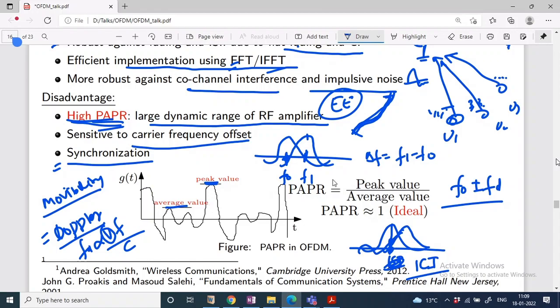In an OFDM system, to avoid this carrier frequency offset, we can put the subcarriers further apart, that is, increase the gap or spacing among the carriers. That is one solution. But if you put more gap among the carriers, you can fit a smaller number of subchannels, so you lose efficiency, spectral efficiency of the system. That is the overview of this system.